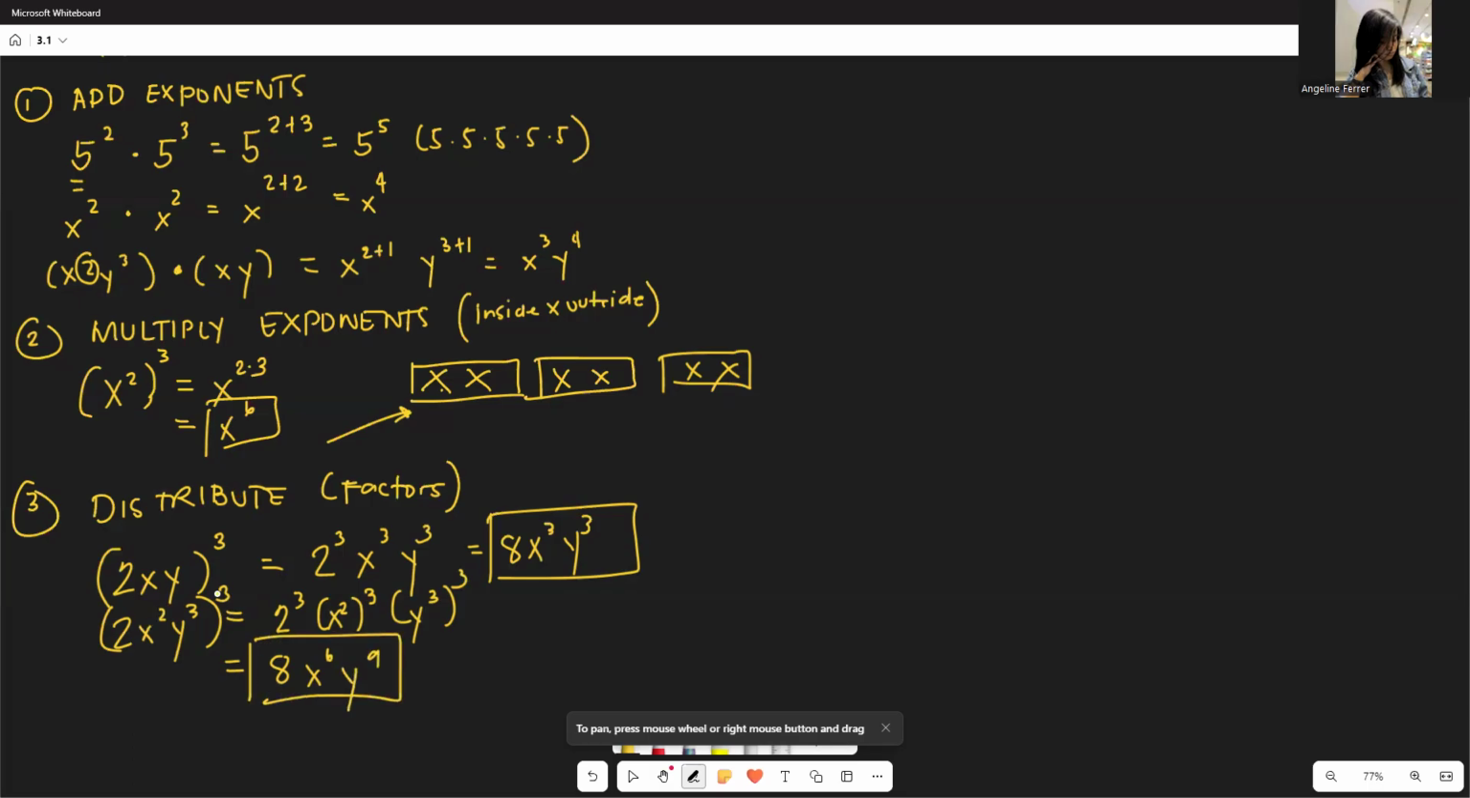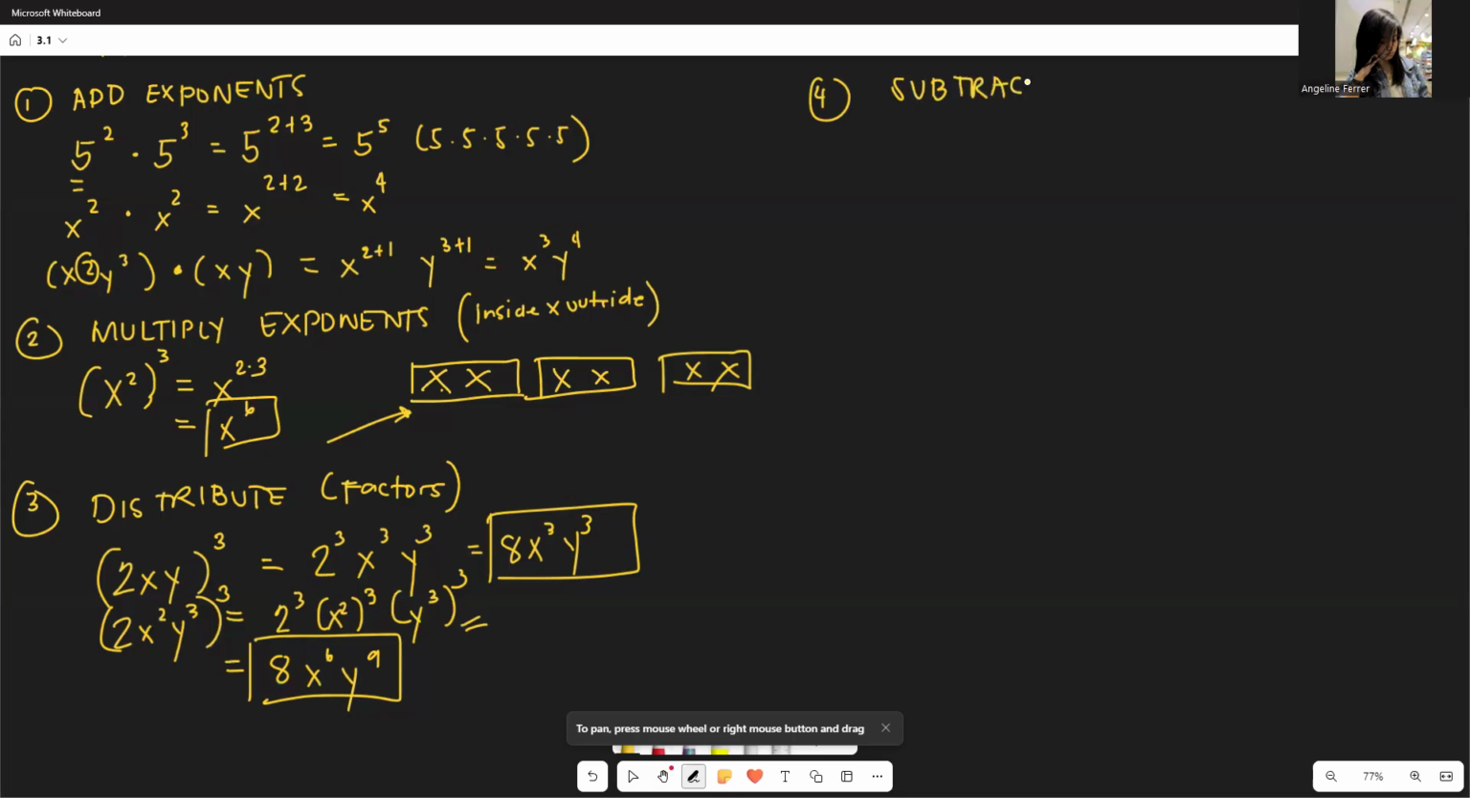Or you can just multiply directly. 2 cubed: 2 times 3 is 6, 3 times 3 is 9. So whichever works for you, if it works better writing this, then that's totally fine. And then we have the fourth rule, which is subtract